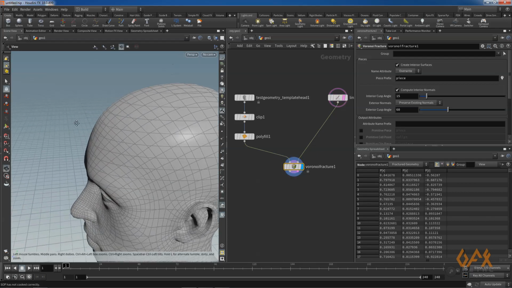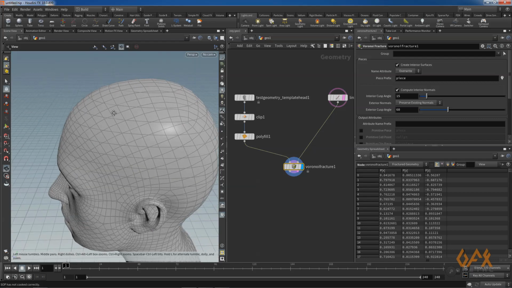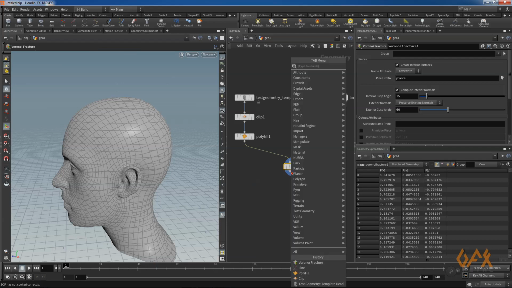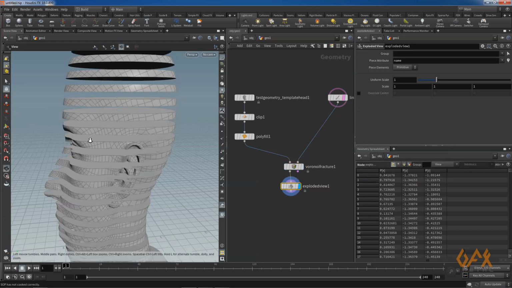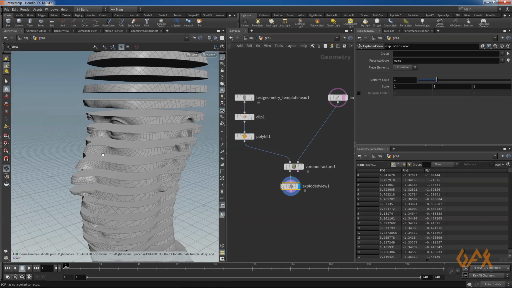And now you see here it applies a proper fracture to that particular thing. And if you see over here, I just applied one exploded view, and you see over here I just got this thing.